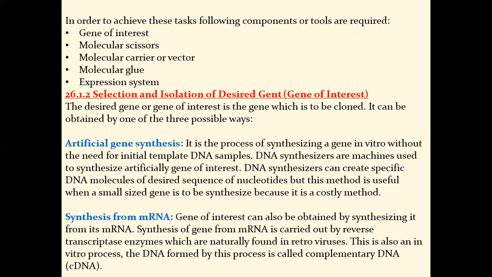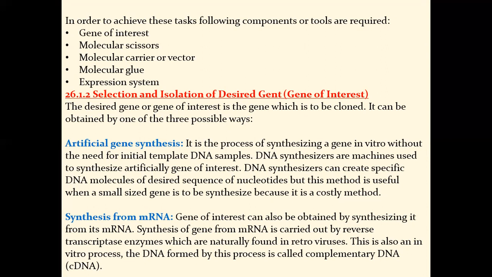So the gene of interest में आपके पास आ जाएगी कि आपने कौन सी जीन को क्लोन करना है फर्स्ट ऑफ ऑल. सेकंड, फिर आपके पास कुछ ऐसी एंजाइम्स होंगे जो एज अ मॉलिक्यूलर सीजर्स एक्ट करते हैं, कुछ ऐसे वेक्टर्स हैं, कैरियर्स हैं जो एज अ मॉलिक्यूलर कैरियर यूज किया जाता है, जो कैरी करता है हमारी जीन ऑफ इंटरेस्ट को. मॉलिक्यूलर ग्लू मीन्स सम ऑफ द एंजाइम्स आर एक्टिंग एज अ ग्लू, जैसे हमने लाइगेज में पढ़ा था ट्रांसक्रिप्शन में हमने लाइगेज एक्टिविटी पढ़ी थी. एक्सप्रेशन सिस्टम,